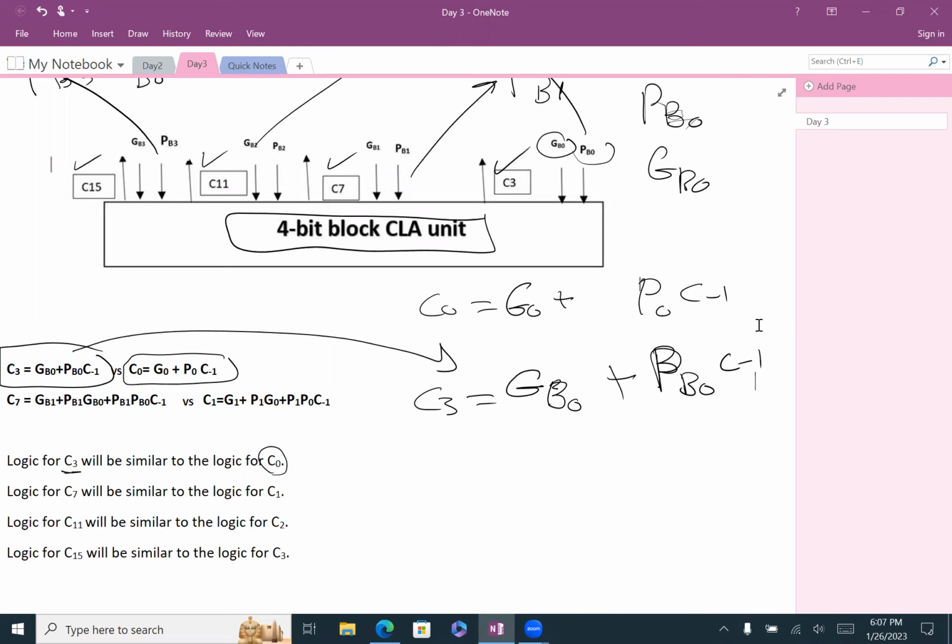So now we've been able to find C3, correct? Now, can you compare C7? Now I'm trying to find the C7. C7, I can compare it to which one of the C's before? C1, correct? Because remember, the C1 is the second bit now, but the C7 is the block number 2. So block 0, block 1. The C1 is bit 0, bit 1. So it's the same location, the same sequence. That's why I compare it to